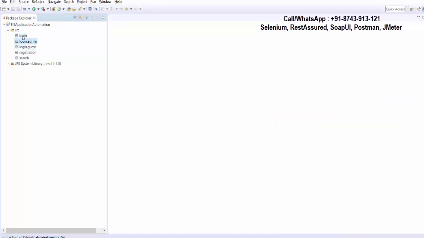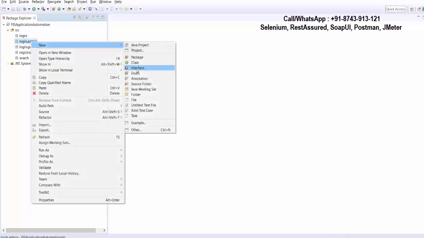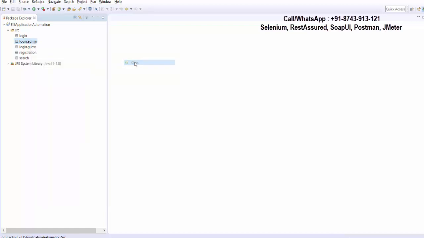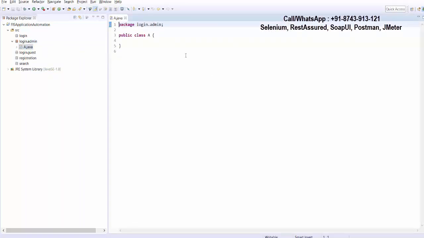So inside this package, we can have a subpackage. We have already seen that. And source file. Source file means coding files. So if I want to create a coding file here in the admin, login.admin, just right click on this, new class. Class means a coding file where we will write code. So I'm just giving the name A. So a coding file is created, and if you check, the structure is project, package and class. We have created a class. An extension of this file is .java.